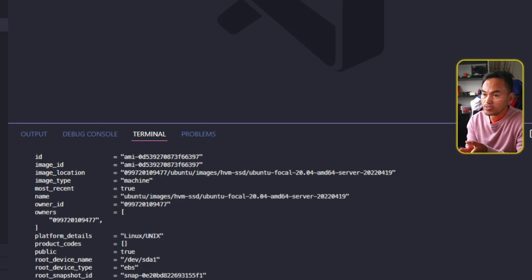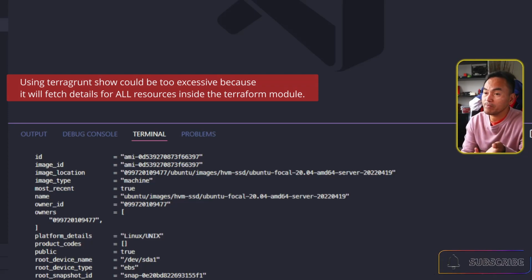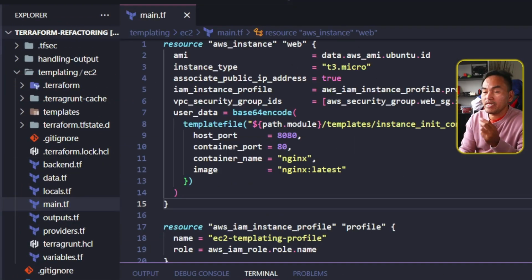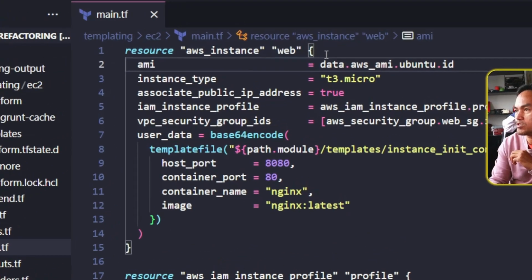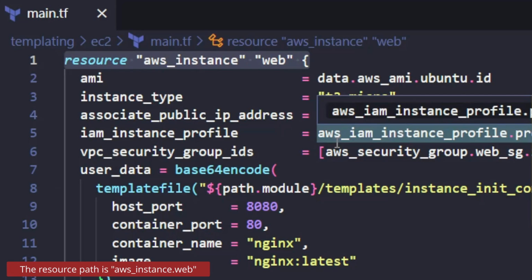But running just terragrunt show might be too excessive for what I want to achieve. So what if I'm interested in only one particular resource? So let me head back to my VS Code Explorer and open my main.tf. And I want to find the appropriate path to the resource that I want to extract. So let's say I want to pull out the details of this particular resource, which is my AWS instance resource